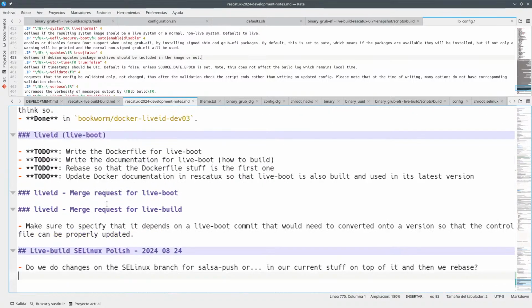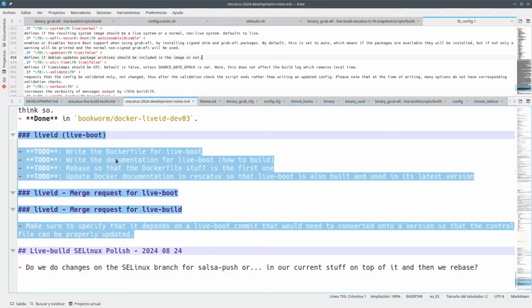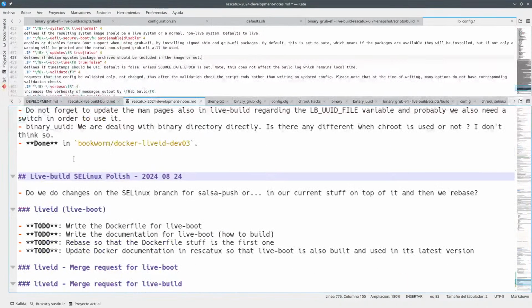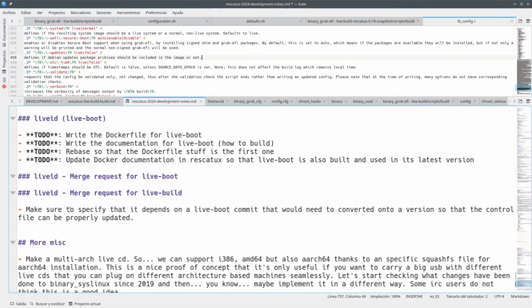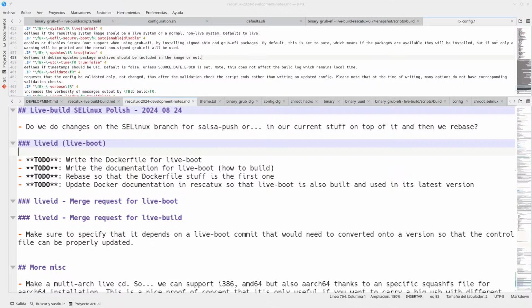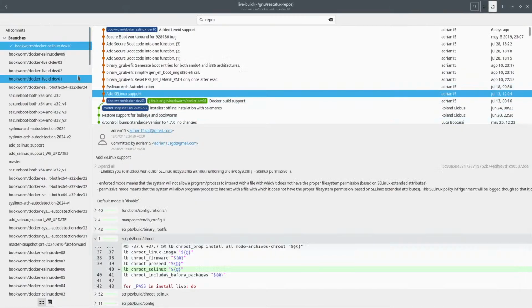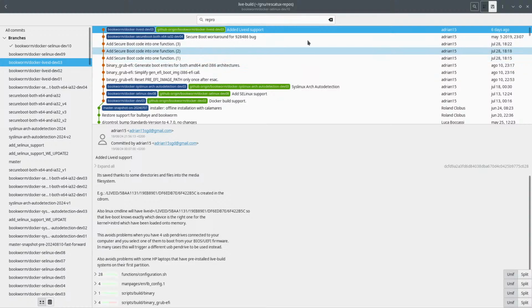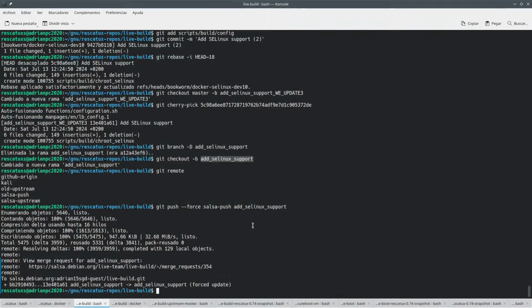So basically all of this needs to be here so that it's easier to see what we have done here. So we need to continue with all of this, but the live builder stuff needs some help. So we had live ID def03, okay, which is here. So let me copy the name. And so what I want to do right now is to check out onto